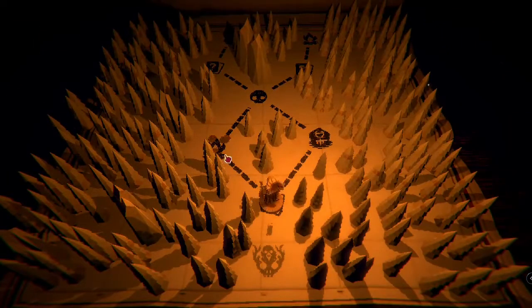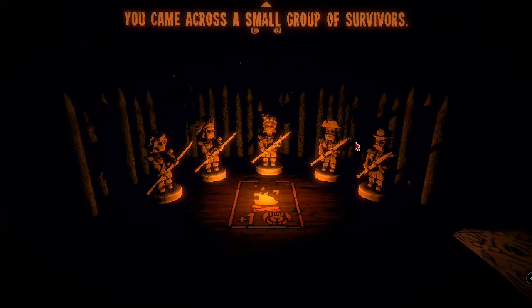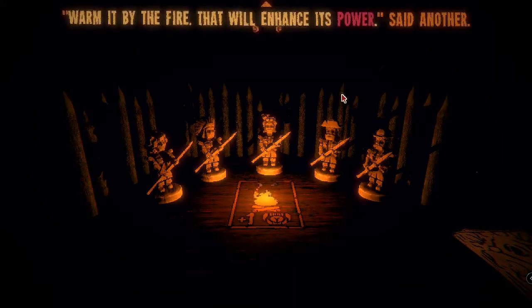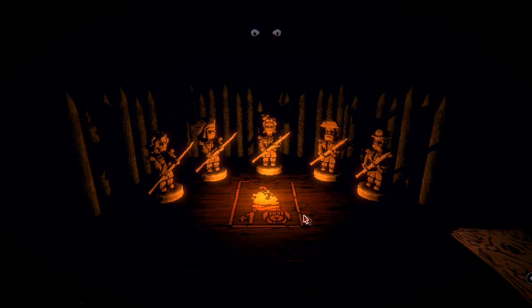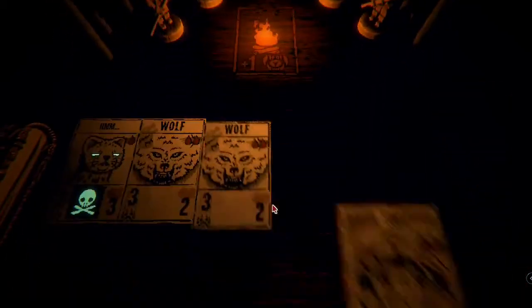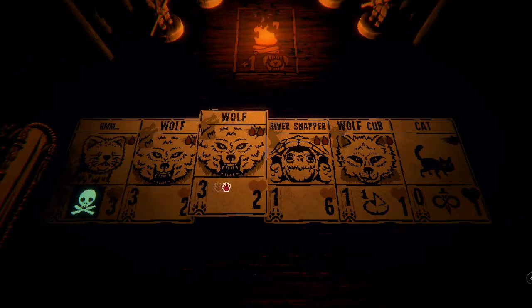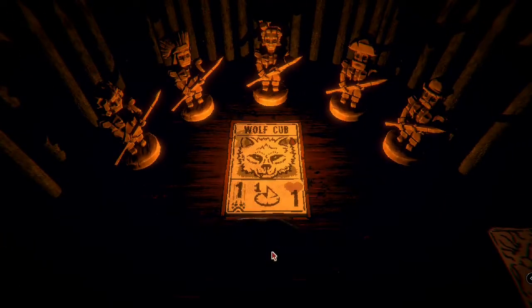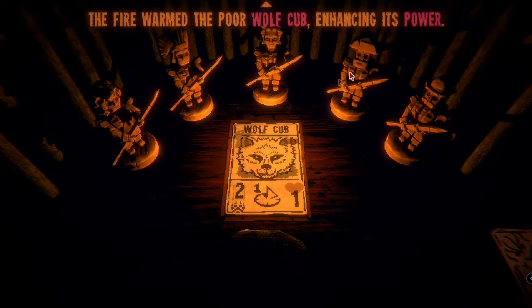Alright, so we're going to go to the campfire and I'm going to show you what the campfire does. So, small group of survivors, yeah, they're starving survivors. Right here, there's a symbol, usually at the bottom of the campfire, that'll tell you what it's actually upgrading. With this fang symbol, it's going to upgrade the power of the card. So, with this 1 blood wolf cub, when I click it, it now has 2 damage,